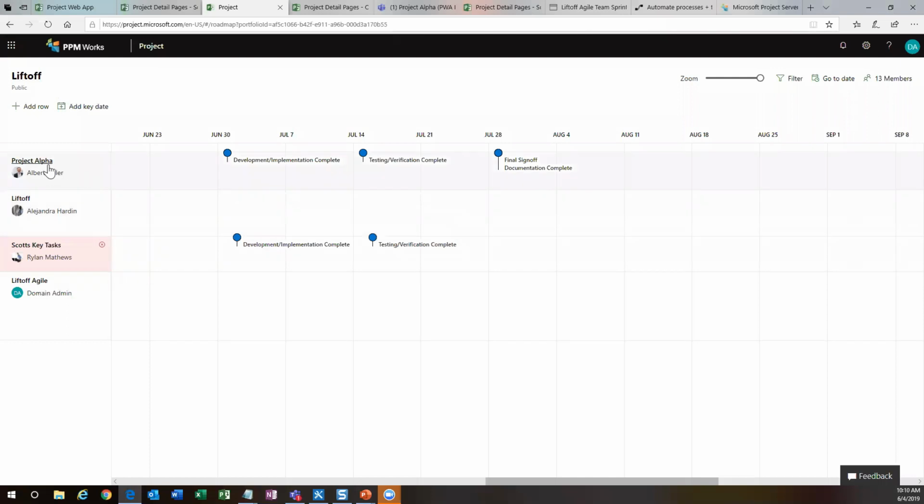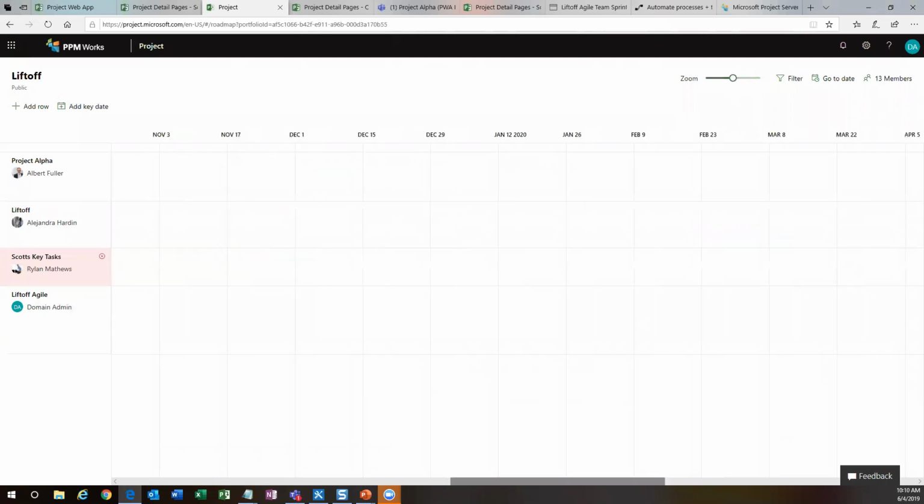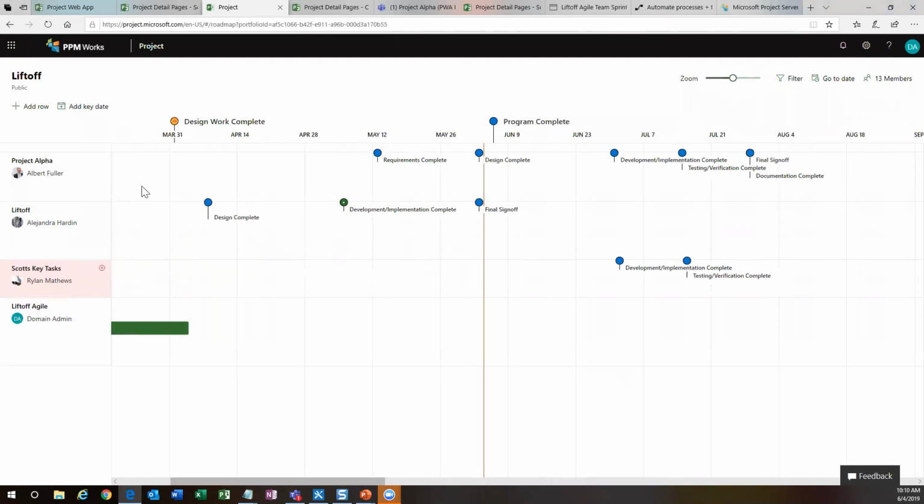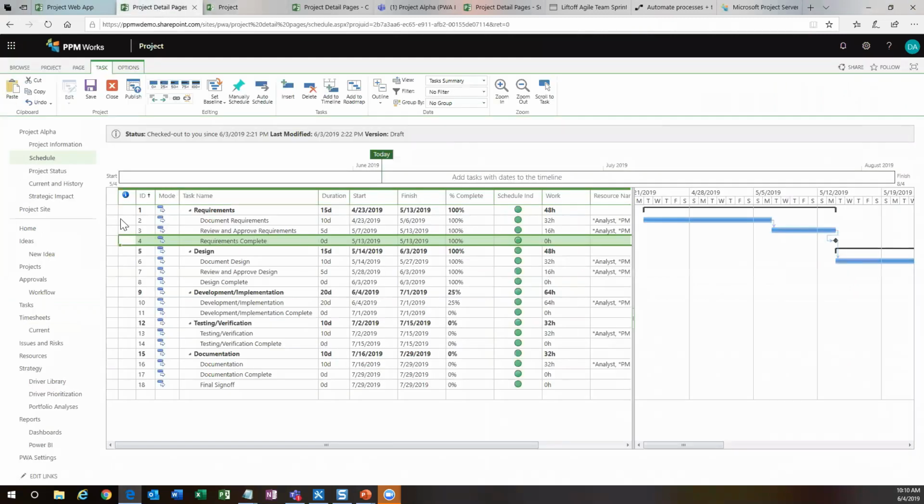As you can see for Project Alpha here, we've got milestones that are showing on here already. If we zoom out, we can see this a little bit better. So we've got requirements complete, design complete. I've added the milestones to this roadmap row. How do you get them there? Well, you might ask. Say that I actually want to add a few additional tasks here that aren't complete,